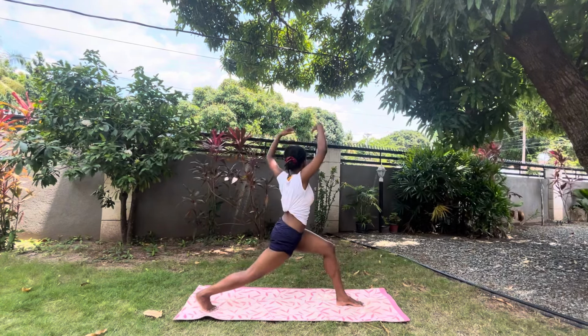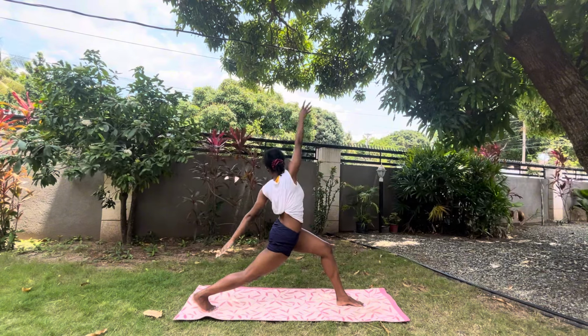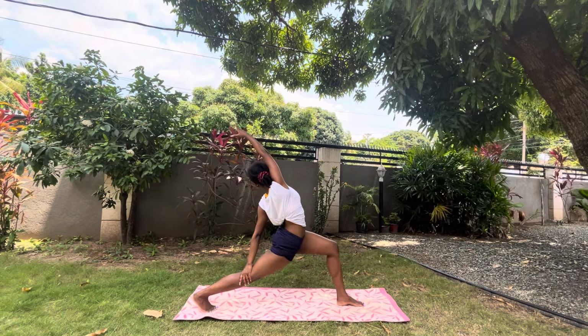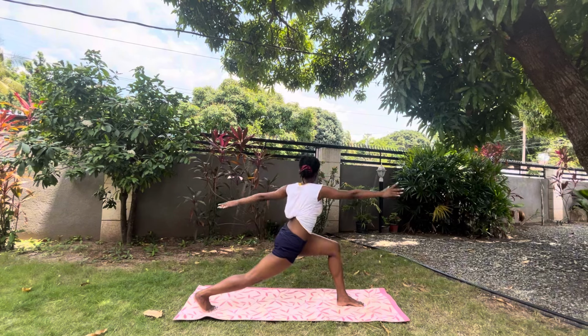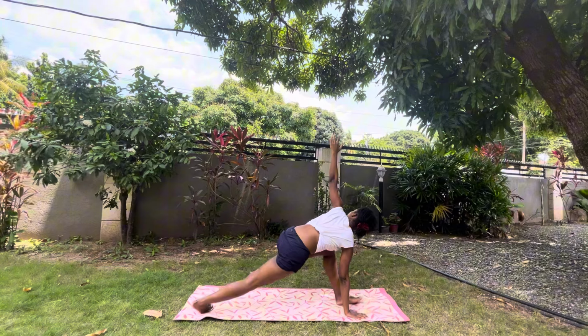Coming into a high lunge and twisting towards that left leg. Stay with me. Drop the back hand. Rest it on your leg. And we come into that peaceful warrior variation once again. Have a generous bend in that front leg, deepen the pose, and drop the right hand towards the mat, twisting